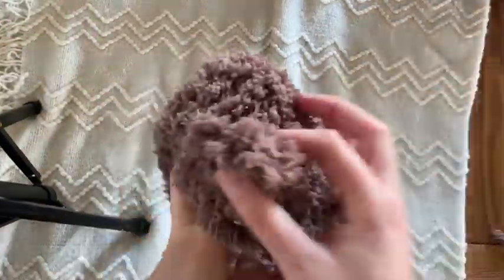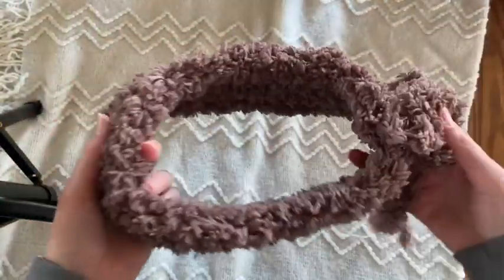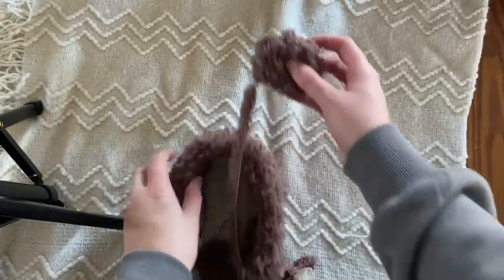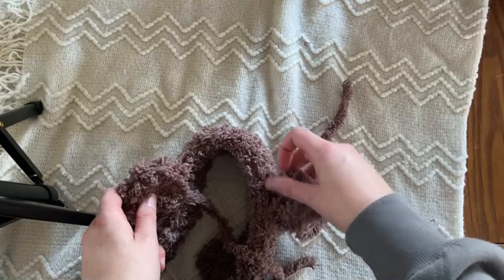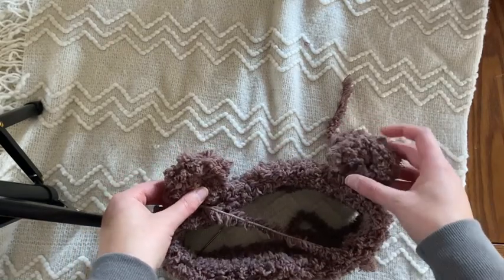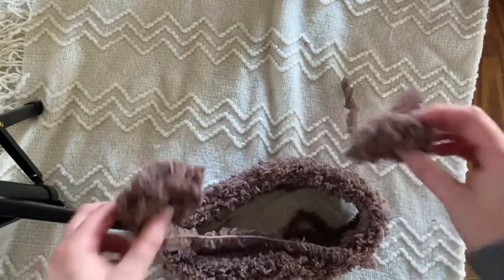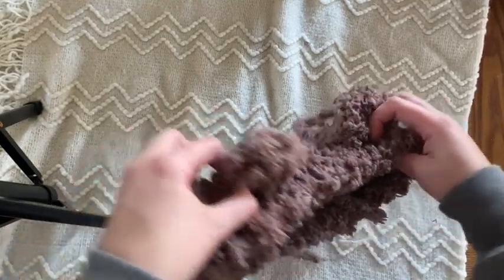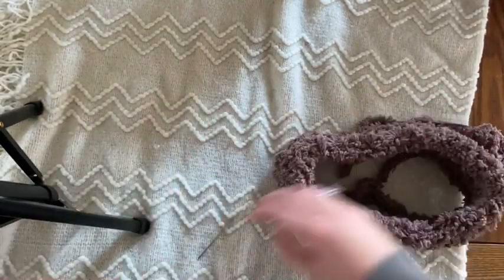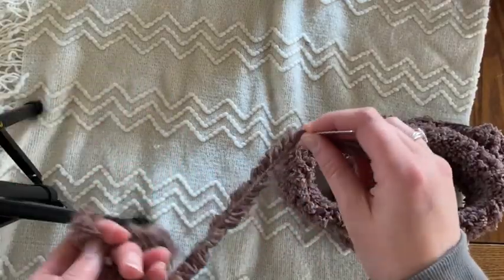Once again, where you add your ears is completely customizable. You can add them kind of on the top, further on the sides where it kind of looks like that. You can add them where they'll kind of lay in the center a little more flat. But wherever you want to put your ears,